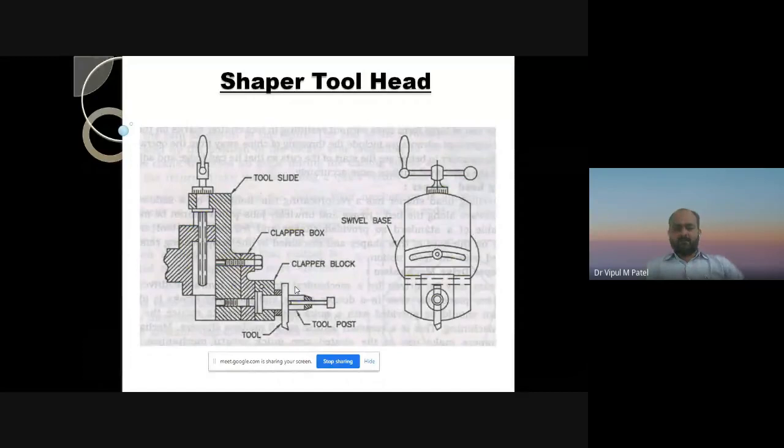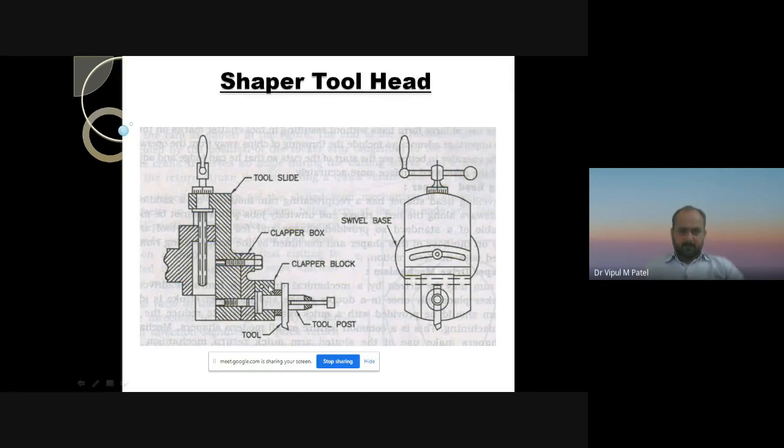It is a tool head. You can see the importance of the tool head, because this figure is for the tool head. This one is a tool slide, this one is a clapper box that we have already seen in the previous slide.